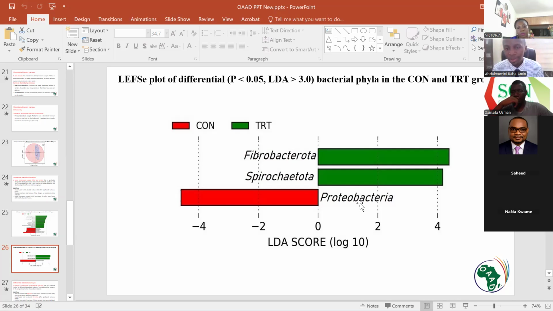That's the way I'm feeling. I'm following you, sir. Yes, it's a decrease to the TRT group, but it's an increase to the CON group. Don't be confused by these negative signs. They are just for illustration. In some software, when you plot, they will all be on the positive side. I think MicroEcho 2 plots it on the positive side, the one we are going to be considering, if I'm not mistaken.